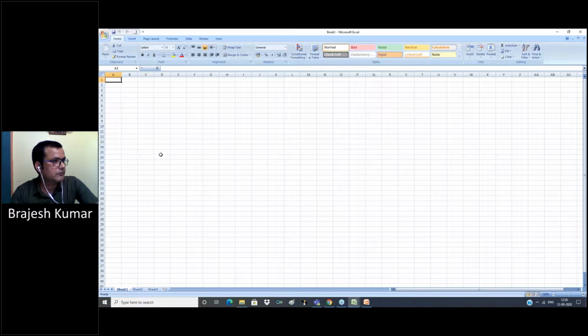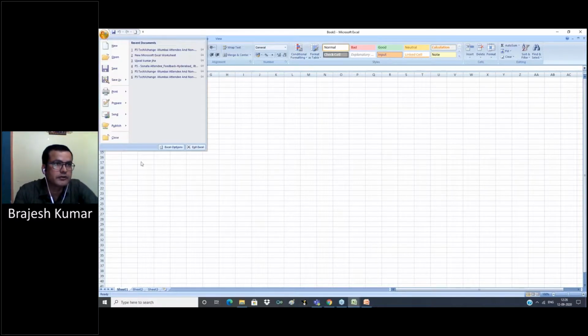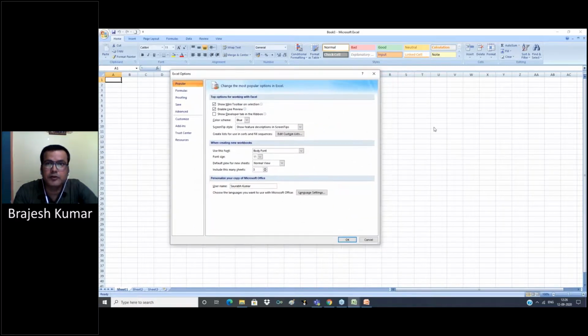Now we go to Excel Options. Click on this window. Excel Options is open. What is Excel Options? Why do we use Excel Options? Excel Options gives the option to customize our ribbon, to add more functions to our ribbon, to remove functions from our ribbon.